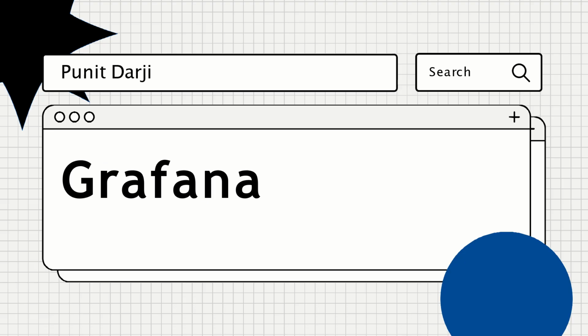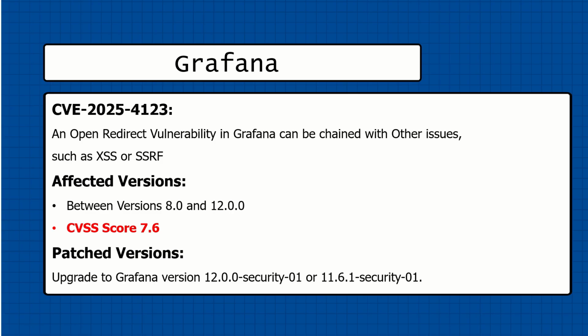And in this video, we are going to talk about the latest vulnerability in Grafana. The CVE number is CVE-2025-4123. 4123 is an extraordinary number, right? CVE-2025-4123 is a combination of an open redirect and a plugin vulnerability in